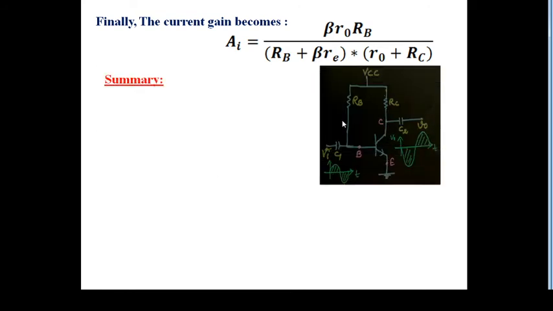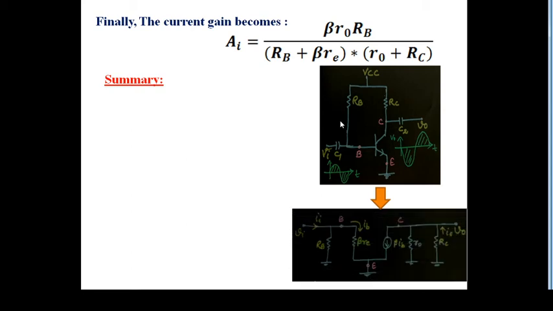This is the fixed bias circuitry. We are giving the AC signal, and we get an output response with 180-degree phase shift, because the voltage gain is negative. That is why there is a 180-degree phase shift, due to the negative sign of the voltage gain. This circuitry is also transformed into the RE model. Very simple, this is our BJT. Now this RB becomes grounded here, then R naught, the output resistance given in the data sheet, and RC and V naught.